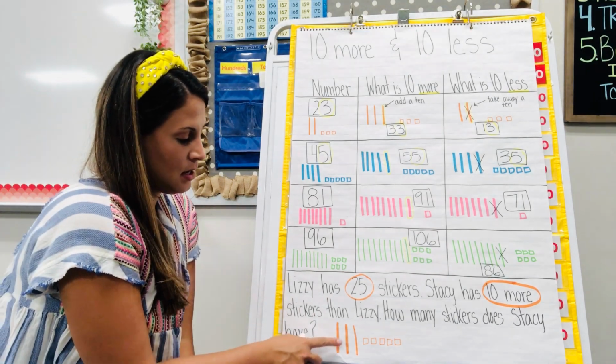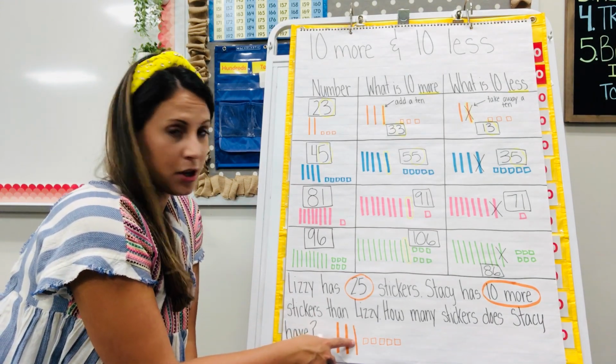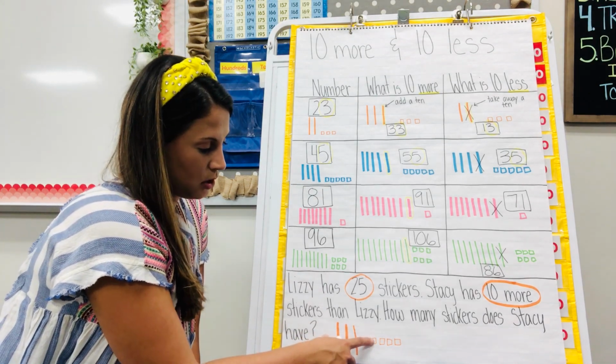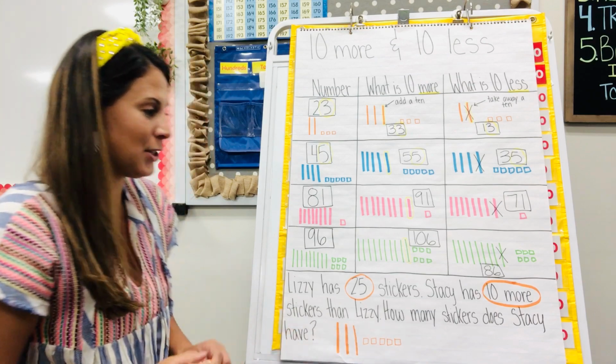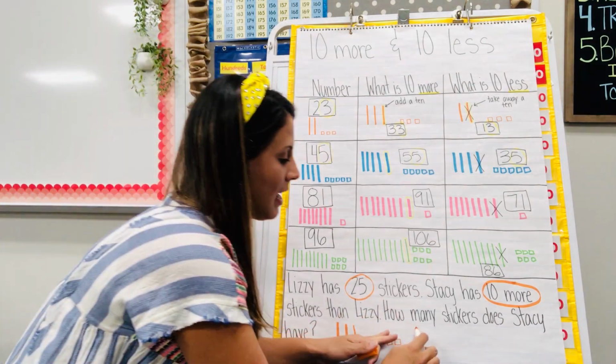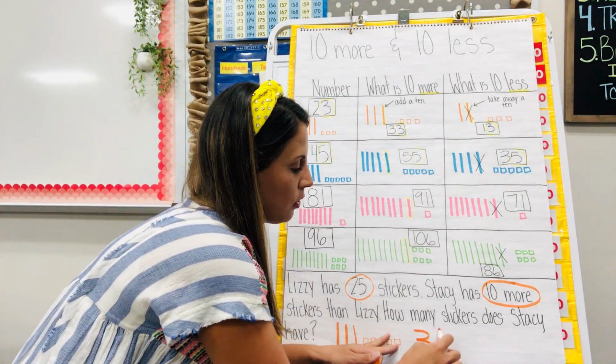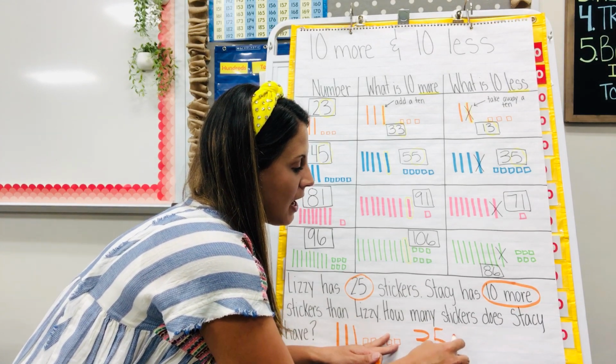Here we go. 10, 20, 30, 31, 32, 33, 34, 35. So how many stickers does Stacy have? 35